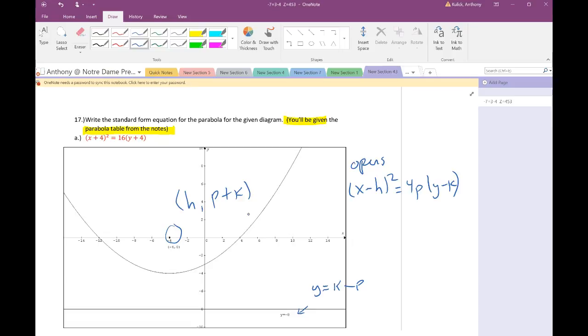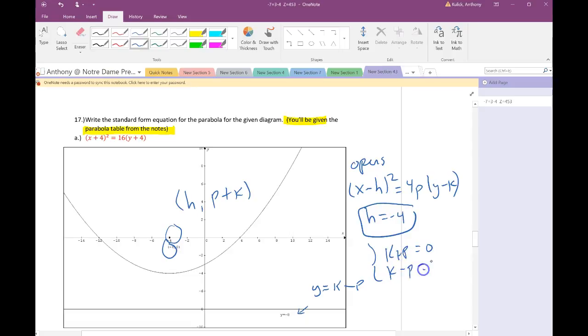So right away I can tell what the value for H is. The value for H has to be negative 4 because that's the x-coordinate of the focus. And then I can say that K plus P equals 0, and K minus P equals 8 is a system. If I add those together and solve this via elimination, I get that K is 4. And then if I plug that back in, it's easy to see that P has to be,